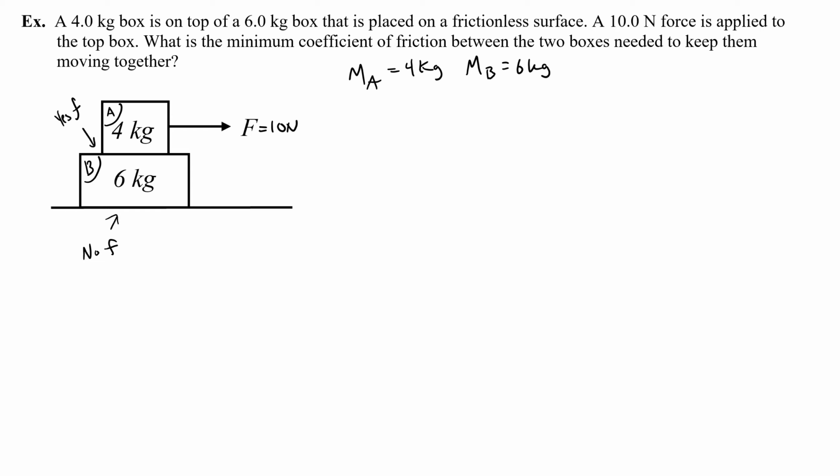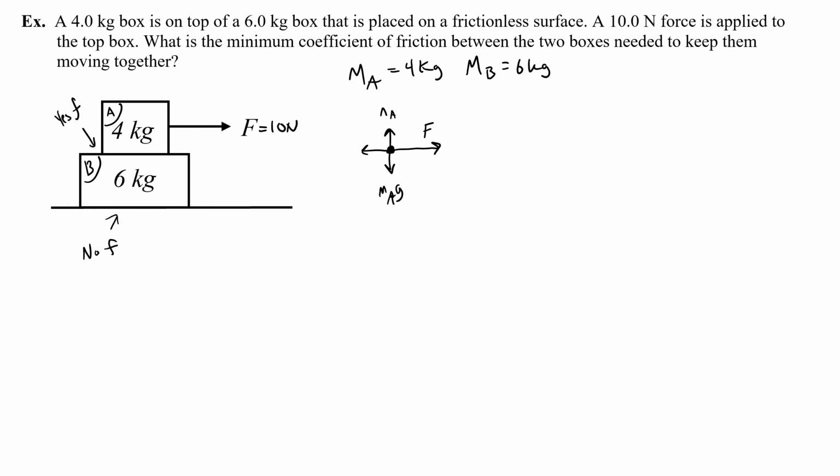And then I might just go ahead and draw some free body diagrams. I'm going to do that on their own little dots real quick, just because I've already kind of cluttered up my picture. So A has that applied force F of 10 newtons, and then there's going to be the weight force down, Ma times g, its normal force up, which I'll call NA. And then there's going to be a little bit of friction,